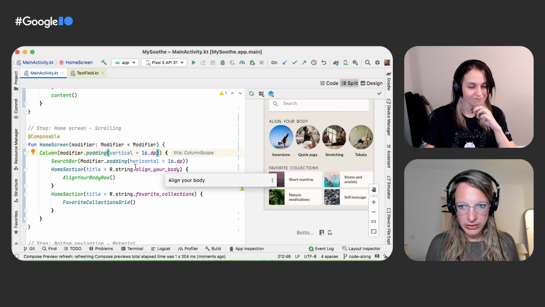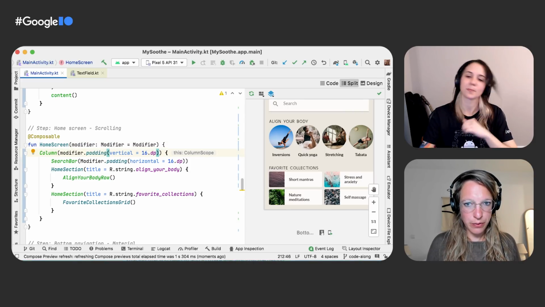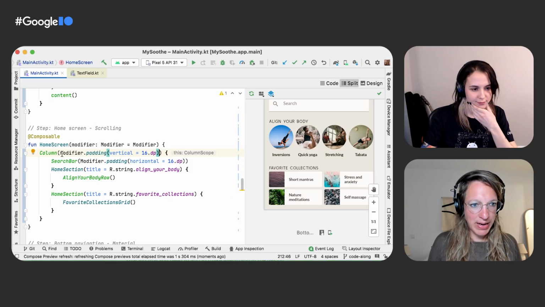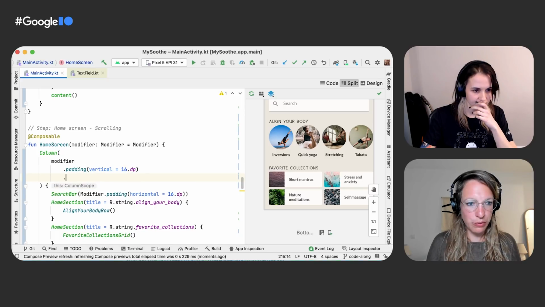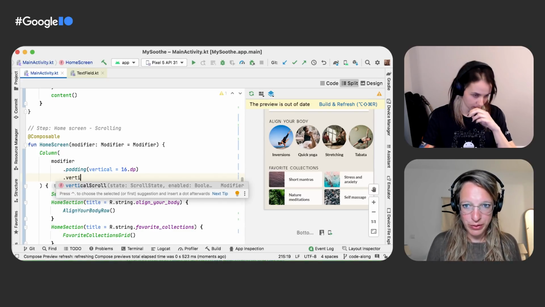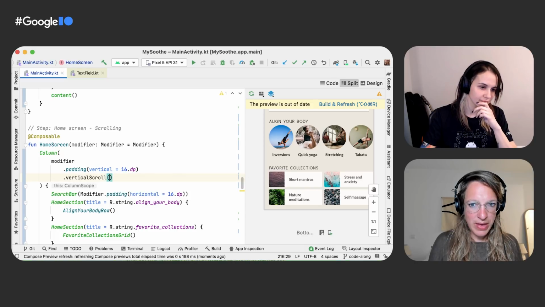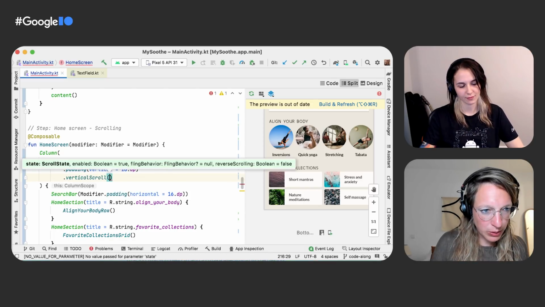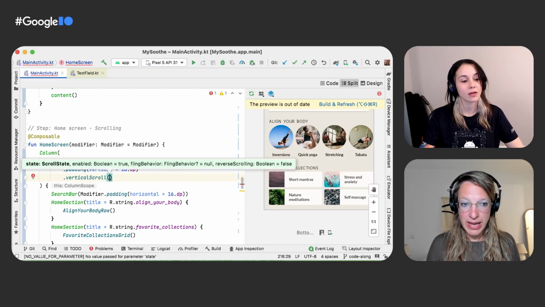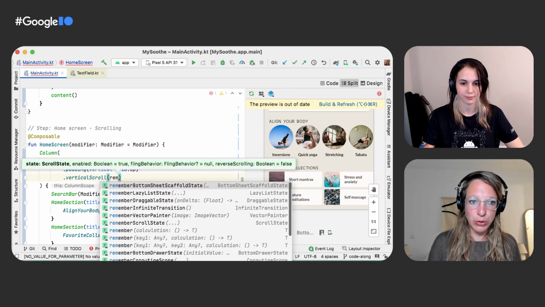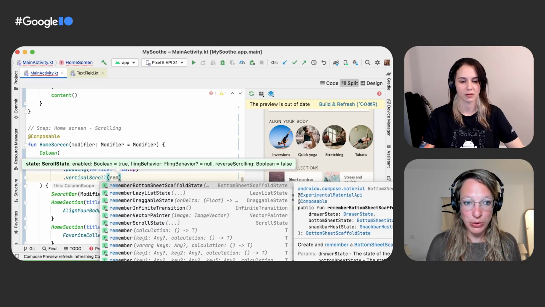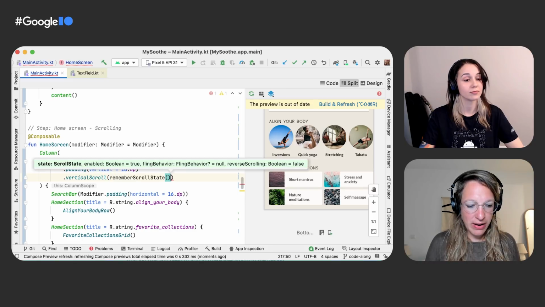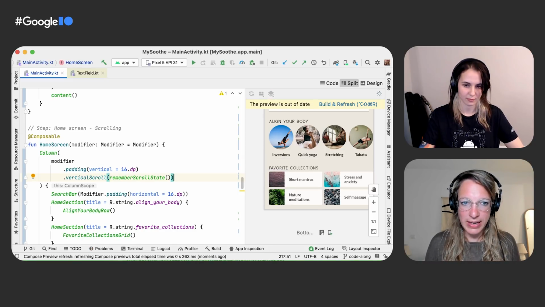Yes, so let's take a look at where we would be adding that vertical scroll. So we already had a padding for our column, but as you said, we can explicitly tell that column that it needs to be scrollable vertically. And we can use the vertical scroll modifier for that. And with that, we need to pass something called the scroll state. Now, again, if you need to know more about how state works, I would gently point you to the State in Compose workshop. And instead for this one, we will just say that we will be using the remember scroll state. And with that, this will be scrollable vertically, but we're not going to see that in our preview though.